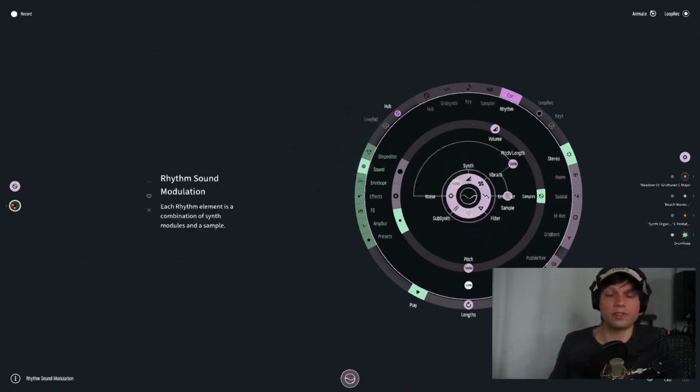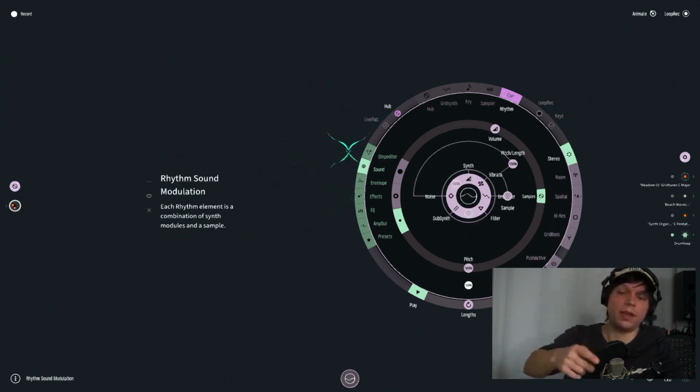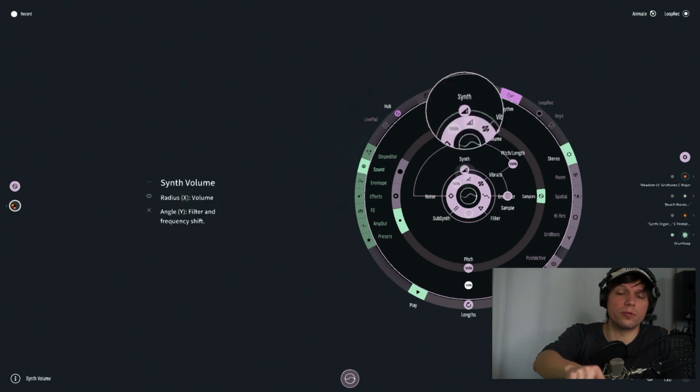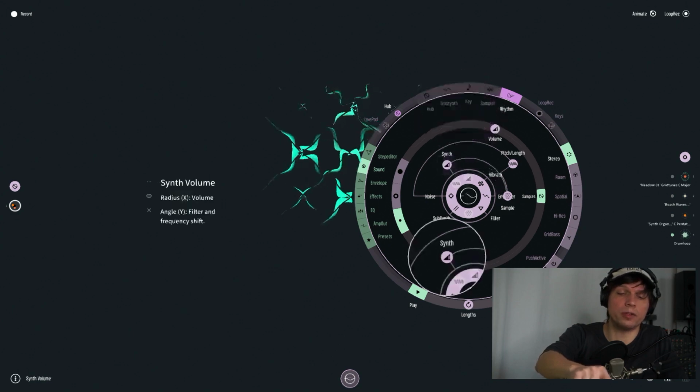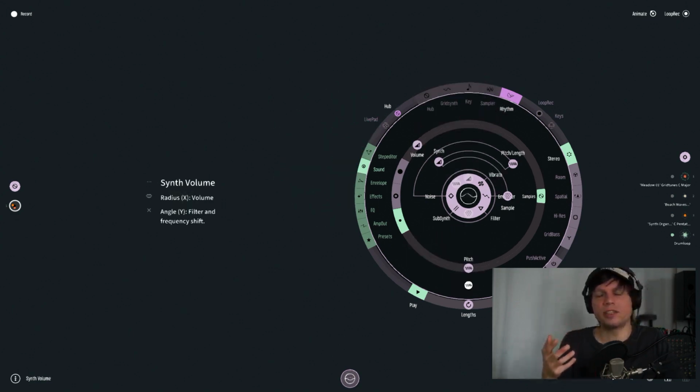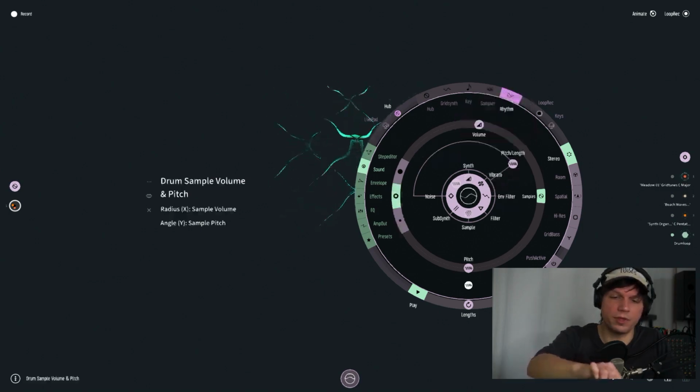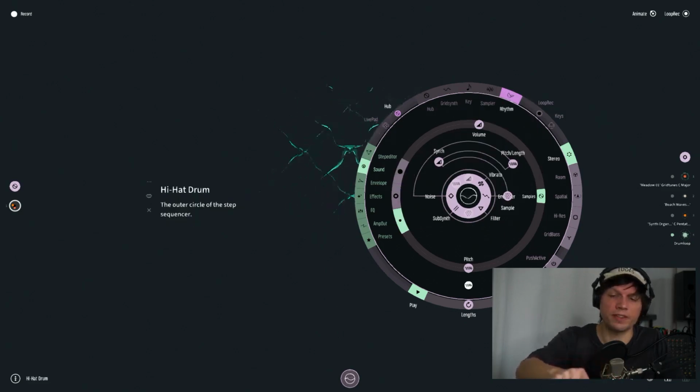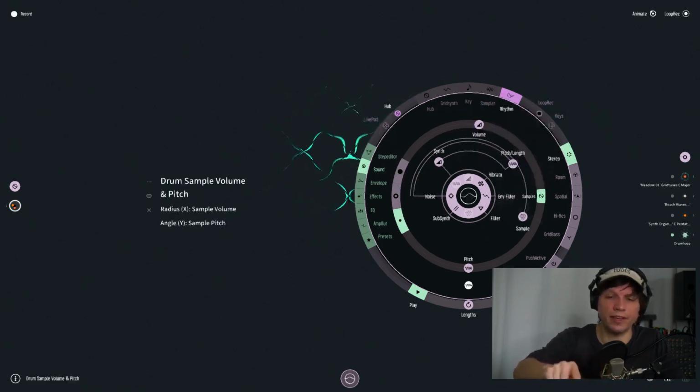So go back to the sound interface. What you see here is also a synth controller for each of the drum elements. Actually, the rhythm interface is always a combination of a drum sampler, or generally a combination of a sampler and a synth. So turn now the bass drum and the snare. You have the sample sound of the hi-hat and you have the synth sound,